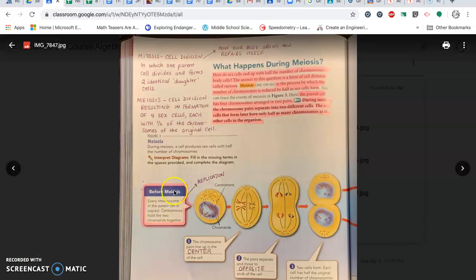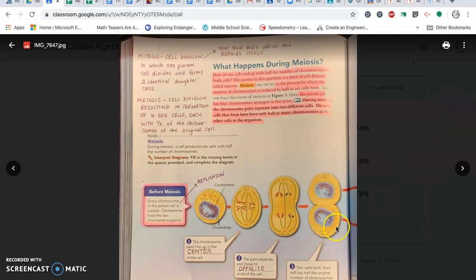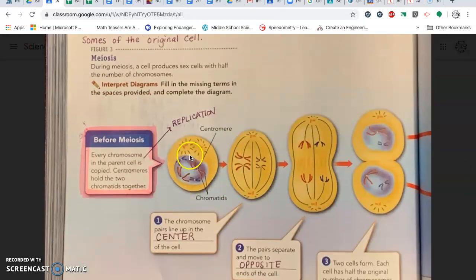So before meiosis, as well as before mitosis, we have this replication. You have the chromosomes copying themselves. So what would otherwise be just a cell with a blue and a red, so this cell is,